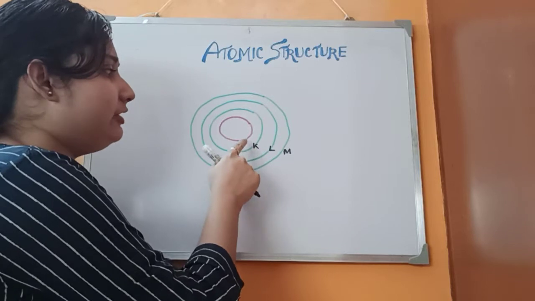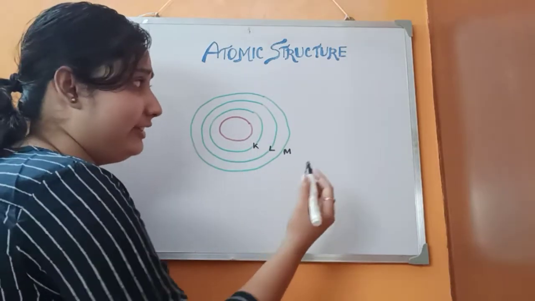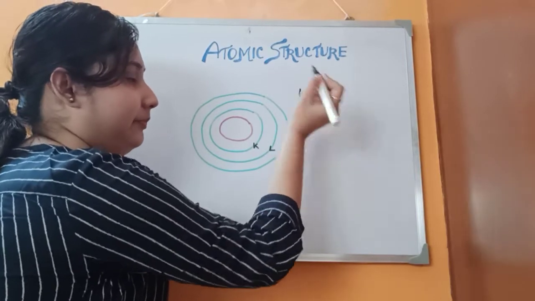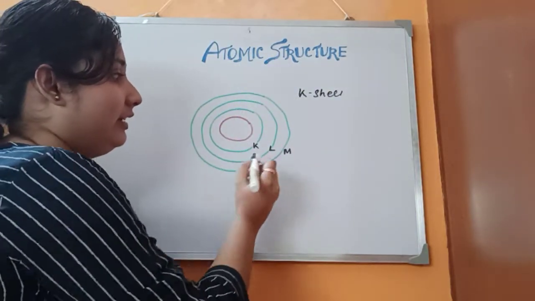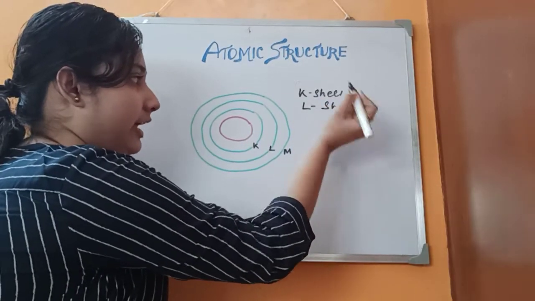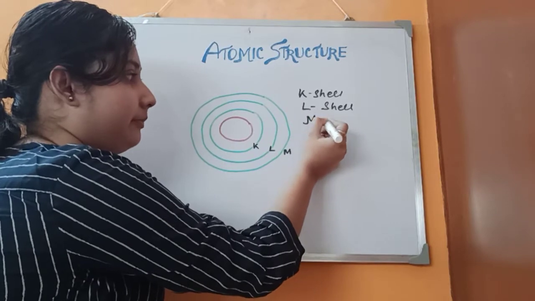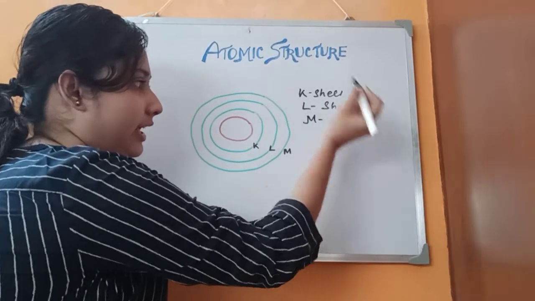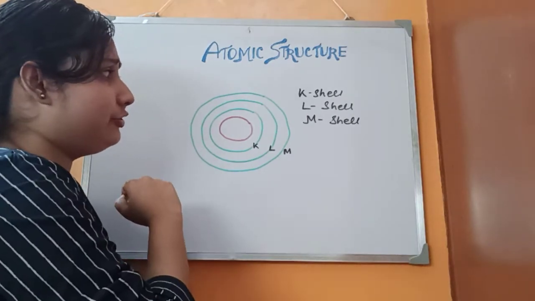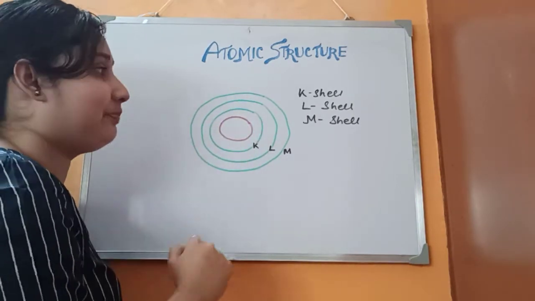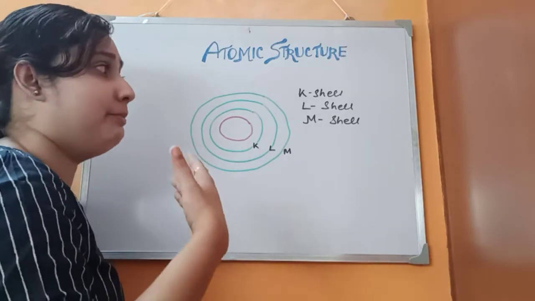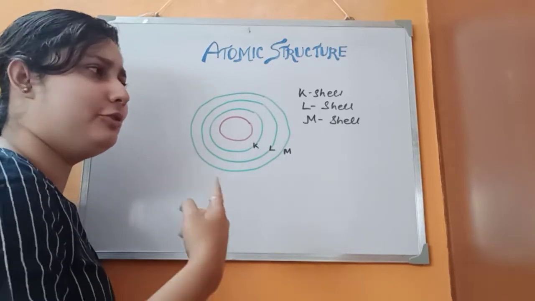So, the shell which is closest to the nucleus is the K shell. The next shell is the L shell. Next is the M shell. So, the topic is how the electrons are distributed in these shells. We will definitely come to that part, but before starting with that, let's know about